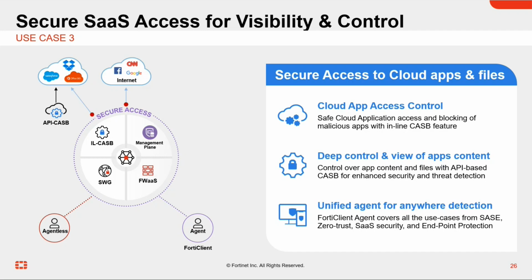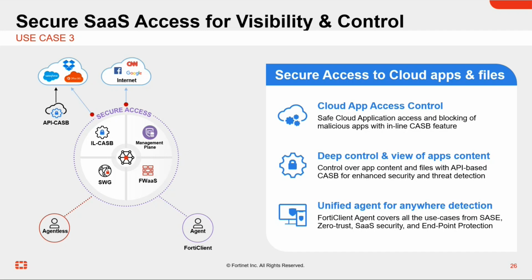And then use case 3, this is from a SaaS perspective, so accessing all those different SaaS-based applications. Well, how do you secure or check the posture once again of the user trying to access those applications? So essentially cloud application access control using a CASB. From Fortinet, we have 2 solutions to address that. One natively within FortiSASE, or we also have API integration with another platform, what we call FortiCASB. So 2 ways of addressing that secure access to those applications in the public cloud environment.